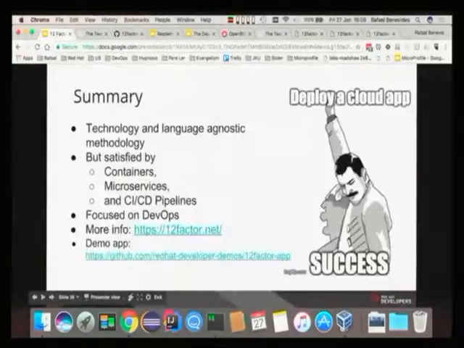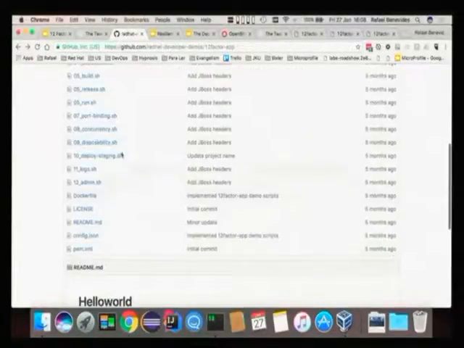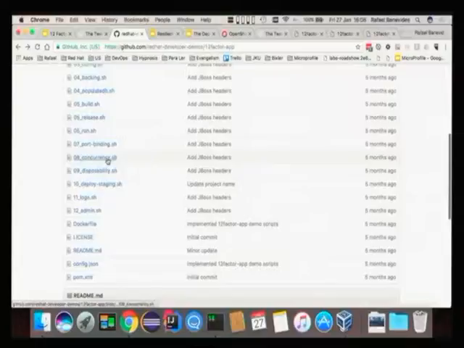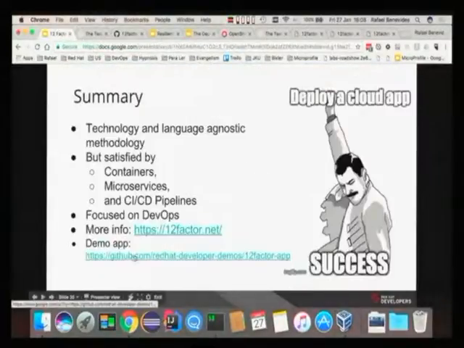If you want to have access to those scripts that I've used to see what I'm doing when I performed, for example, the release or even the scaling, you can go to this URL,